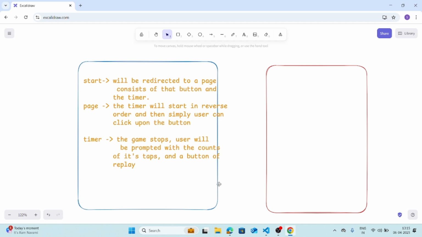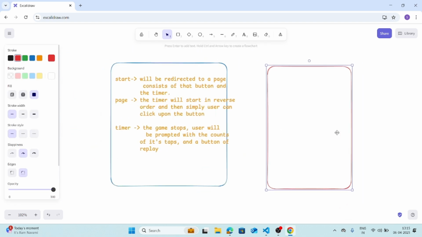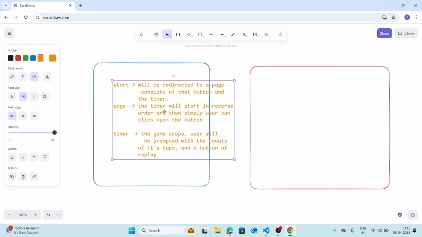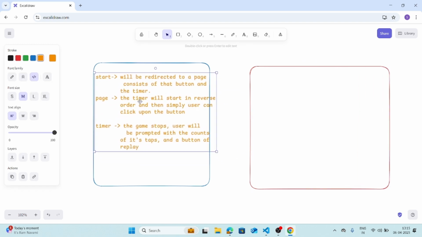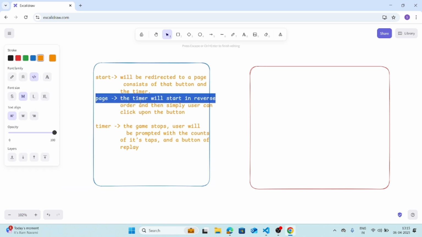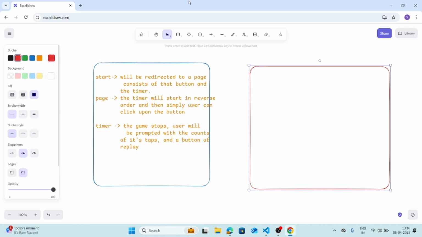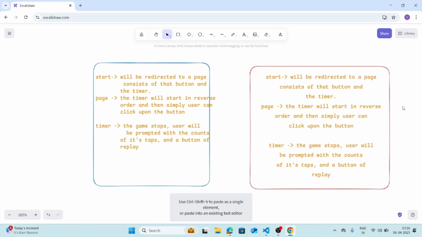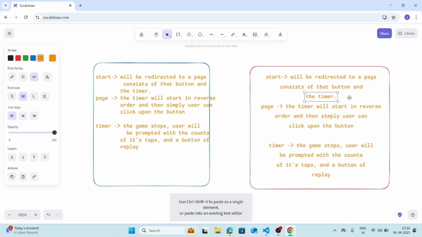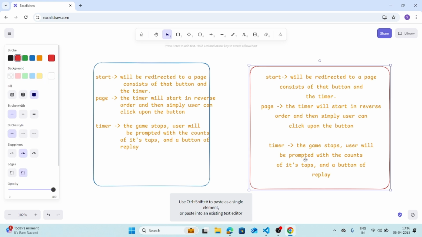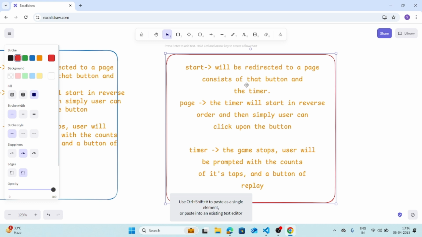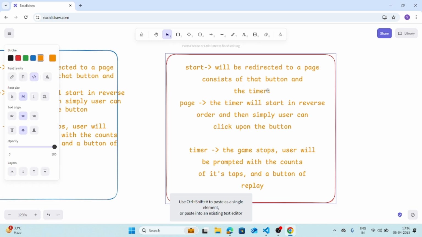But there can be one more flow. I'm just telling you how many instances can happen, how you can think while making a web page or web flow or game or anything in a web application. Similar things will happen in this flow also, but what you can do is eliminate